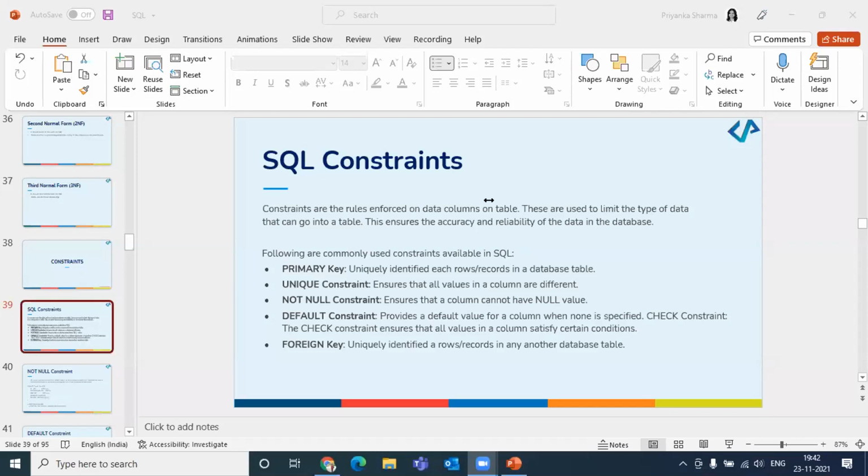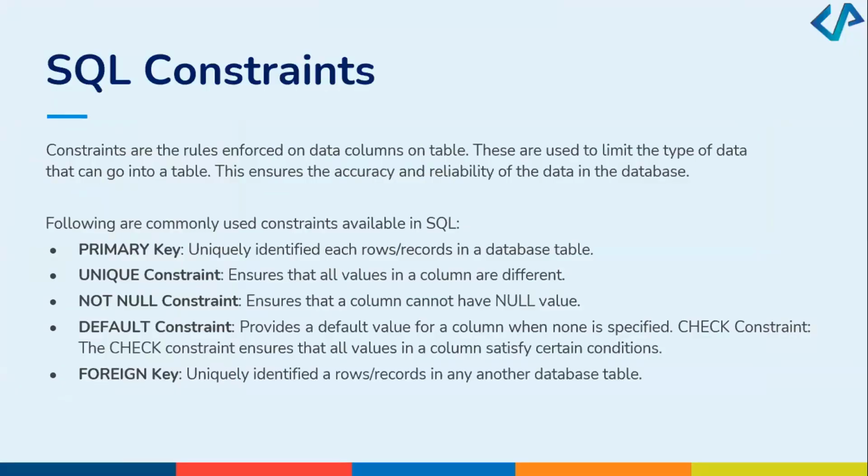Okay, now I'm going to talk about the SQL constraints. And even before we talk about SQL constraints, let's look at what all the SQL constraints are. As I was explaining, we've got primary key, unique constraint, not null constraint, default, and foreign key. We'll work on the constraints together. I will give you a scenario, for example, on a primary key, and you need to explain how you can meet the constraint or how you can write the constraint. Okay, let's have a look at it.